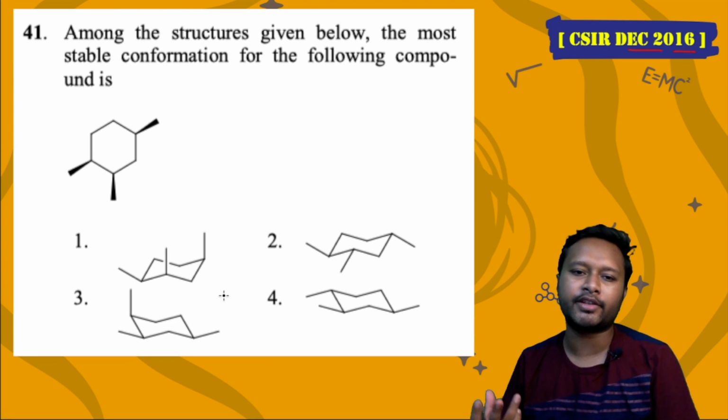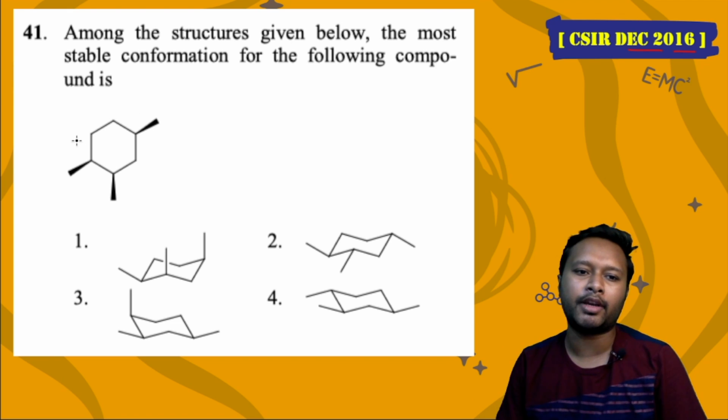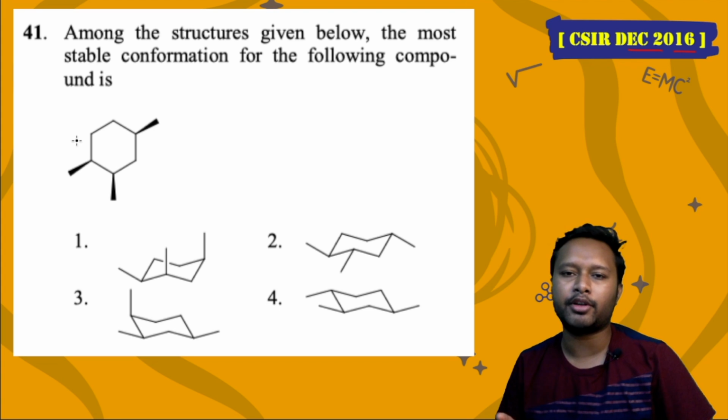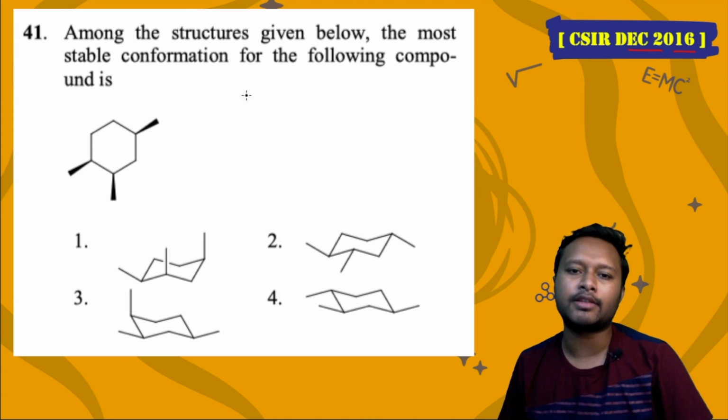The most stable one is the chair form, but we have to look at the relative conformation of these methyl groups. In order to answer this, I have already made a video on my channel. You can watch that video if you have not watched it yet. I'll give you the link related to the conformation of cyclohexanes, so that will clear up all your doubts. But yet I'll tell you a few things about it, because in order to answer this question, you should know some basic things.